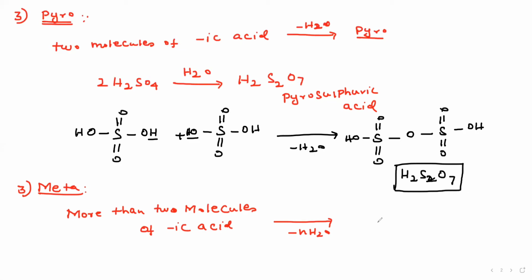If we take 3 sulfuric acid now, I remove what? 2 water molecules, right? Similar matter, I put N H2O. How many molecules do we take? That equals what? N H2O. Okay. 2 molecules remove 1 H2O and 3 molecules remove 2 H2O. Similar, okay. They get what? Meta phosphoric acid, meta sulfuric acid. Okay. Similar to what? Phosphorus.